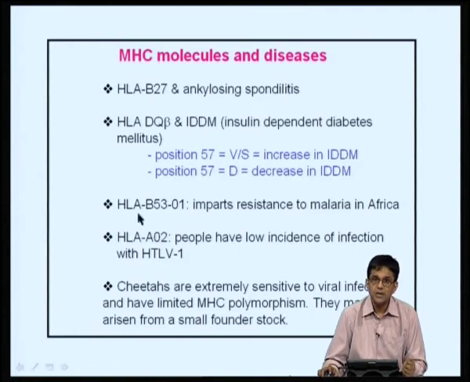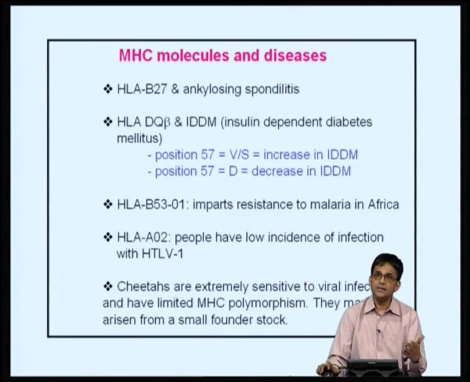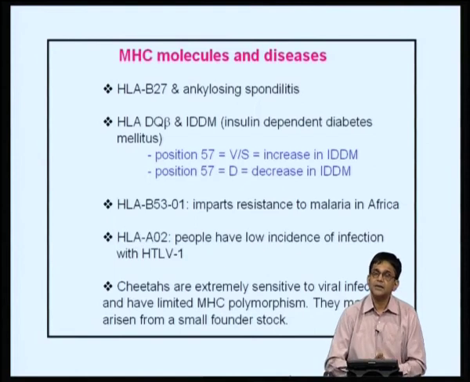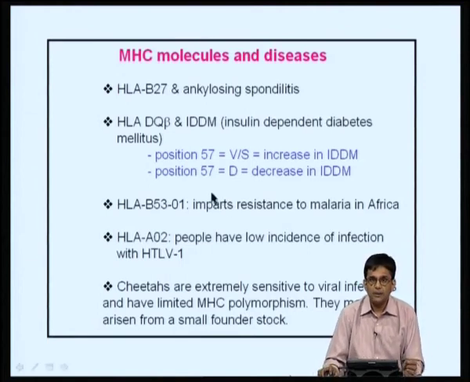Now, MHC molecules are important for resistance to pathogens, and this particular MHC molecule HLA-B53 is important for resistance to malaria in Africa. So, these studies have been done. What was shown is if you look at the survivors from endemic areas, and if there is a high preponderance of a particular HLA, then there is a link made between this particular HLA and perhaps resistance. But how exactly this occurs needs to be studied much further. Again, there is a link between HLA, individuals having HLA-A02 and those individuals have low incidence of infections